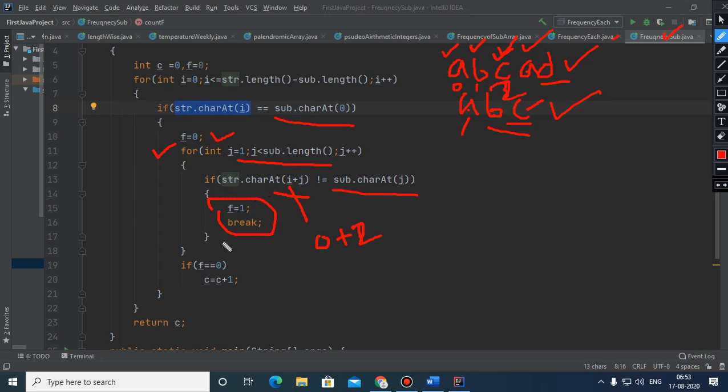So what will happen? Here we came out of this for block checking this condition, that is if f is 0, yes, it is 0 only, and since it is 0, it means that we got this substring, which is this one. So once we have counted, let us see a different example with the same substring, what happens?